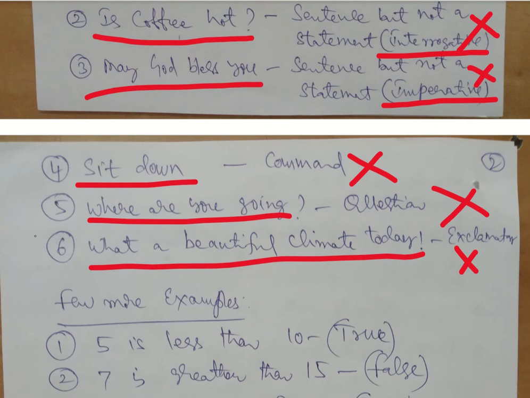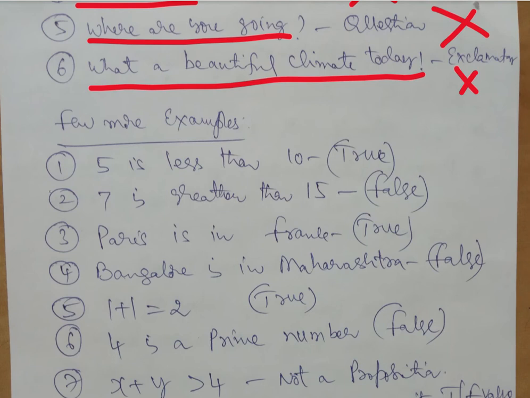So this is how we should understand, given a statement, whether it is logical or valid or not: by checking if it can take either true or false. Both are fine. It can be either true or false, but it should be either true or false. If the declaration or assertion can be attached, we can easily make out this is a valid logical statement. Let us see some more examples.